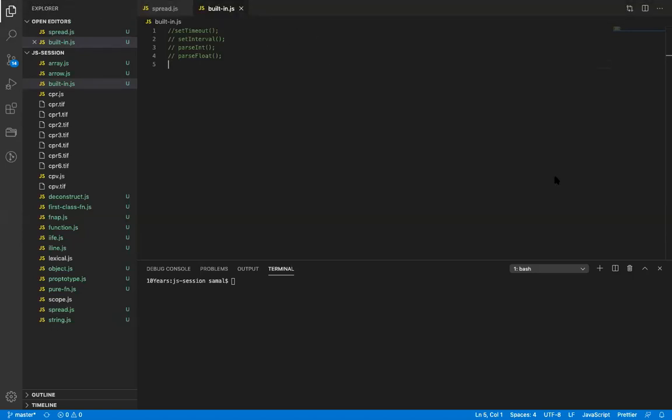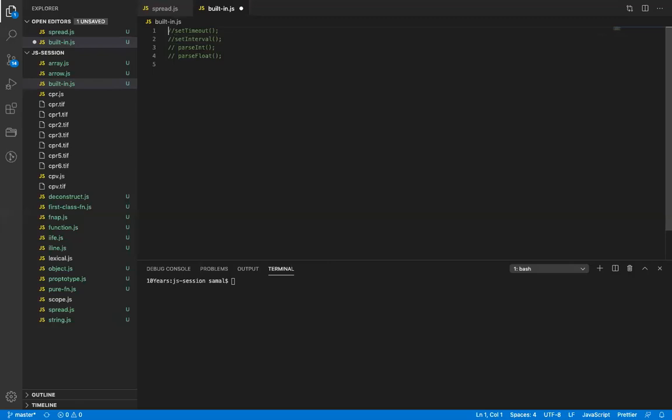We have a couple of built-in functions in JavaScript, which also apply to Node, because Node is also JavaScript. Node is not a programming language. Node is a kind of runtime environment which runs at the backend or server. I hope everyone remembers that. Most of the built-in functions available in JavaScript are also available in Node. So once you know this, you will be able to work on them.